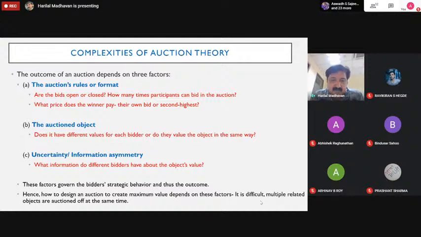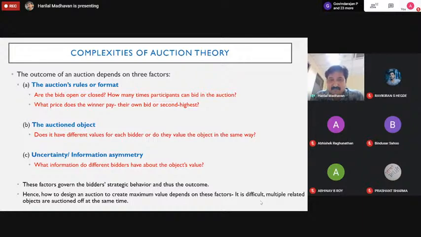So these factors govern the bidder's strategic behavior and thus the outcome. So it's basically just like an oligopolistic model. I'll talk about it. This is actually a kind of strategic behavior that each firm tries to consider. Okay, so these are important factors that they consider while they do the bidding. Hence, how to design an auction to create maximum value depends on all these factors, but it's really difficult, because